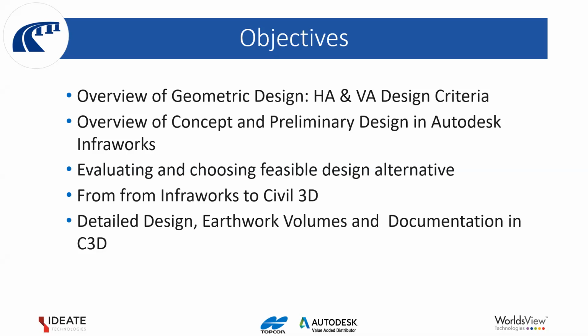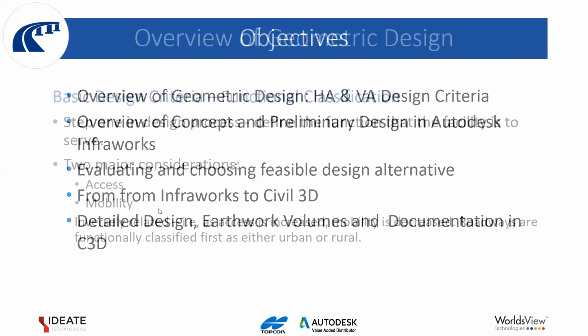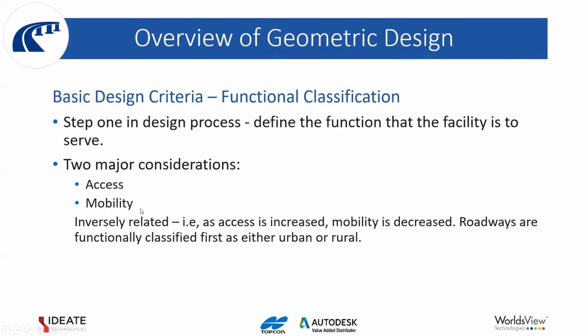So just to give us first an understanding, I'll assume most of us are either civil engineers or have some background on what geometric design, that is vertical and horizontal design, is in highway engineering. First, the basic design criterion for a geometric design or a road design is usually the functional classification. Before one decides on what road to design, they first need to know what the function of the road is going to be. The function of the road mainly is to provide access to people and also to provide